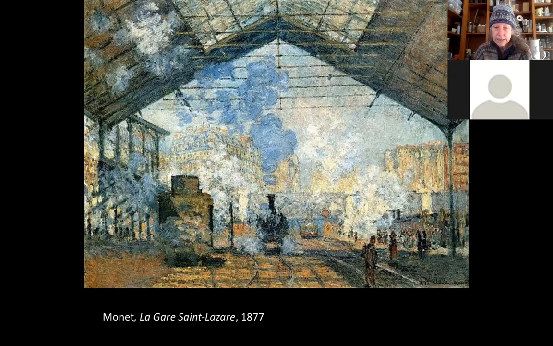So in this case, Monet is painting the Gare Saint-Lazare, which is a train station in Paris. The whole travel by train was new at this point in the 19th century, and this train station was new. So it would be like if you went to the Nashville airport where they're building a new parking garage and just sat down with your easel on the sidewalk there and started painting the parking garage.